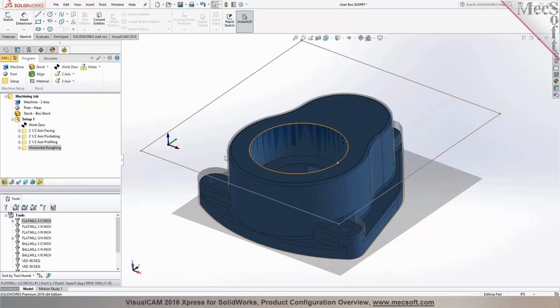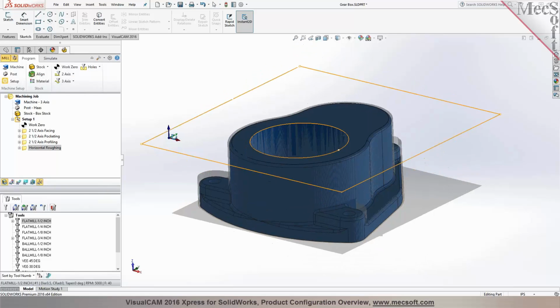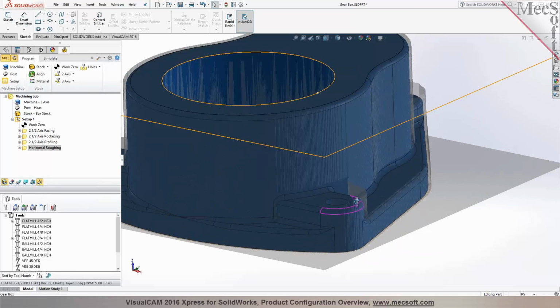Now we got through the roughing. The next step is we want to go ahead and finish off these sculpted surfaces and radiuses on the part. So we're going to go back and generate the toolpath for a finishing cut. Now before we do that, you'll notice that there were some areas, like these flat areas on the part, where